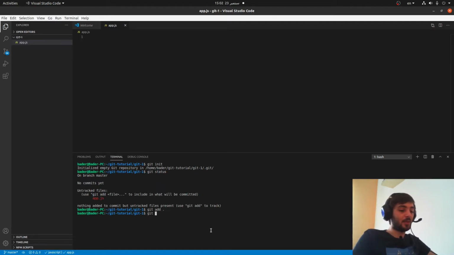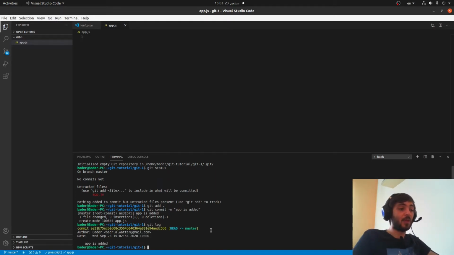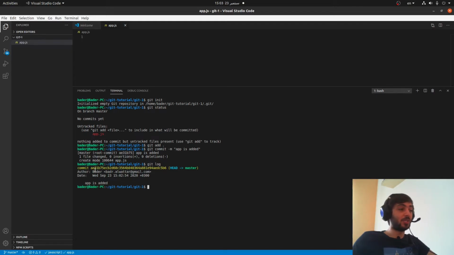So we'll type git commit -m, and we will type here a message like "app is added", or whatever you want. So we now have a new commit. We can preview this by typing git log. Let me make this bigger to make you see better. So here we have a commit, and the commit is "app is added",